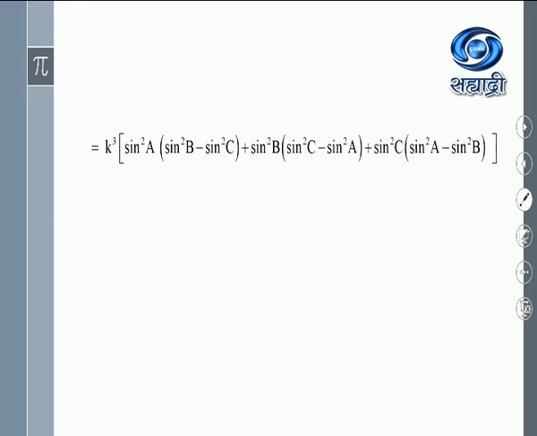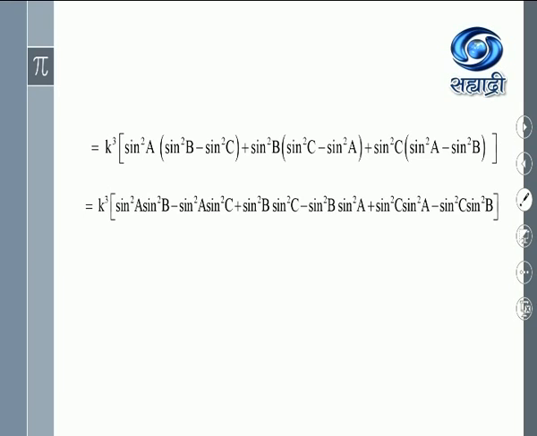Now the second is sine of c plus a into sine of c minus a, which is sine square c minus sine square a. Similarly, sine of a plus b into sine of a minus b is sine square a minus sine square b. You can use this result directly in the solution. No need to write the steps of sine of b plus c into sine of b minus c to get this simplified answer. Is that okay? That we have to keep in mind. We have to remember that result. Now we open the bracket, k cube as it is, right?